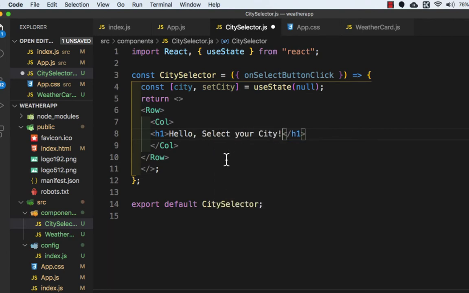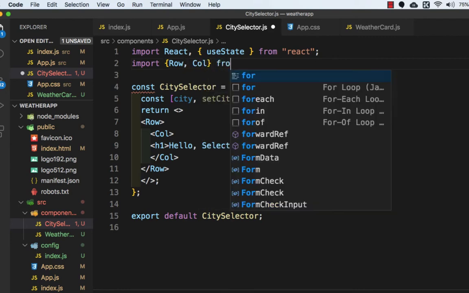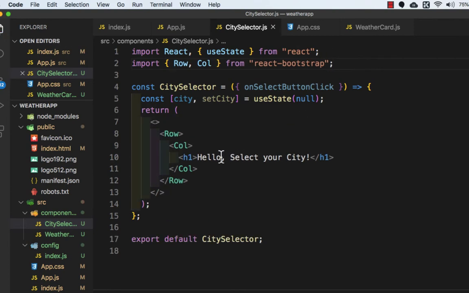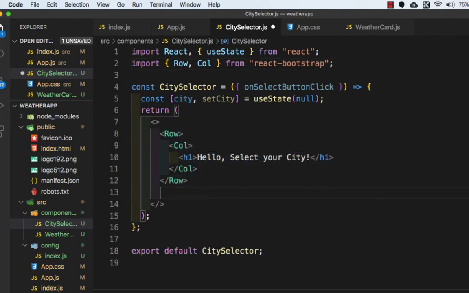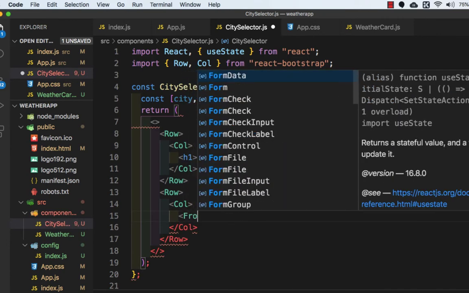And now we need to import Row and Col from React Bootstrap. So here we need to write import Row, Col from React Bootstrap. Let's save this file. Now let's define the second row. So let's copy this entire row and paste it. And this row will also contain one column, and this column will contain a FormControl component. So let's remove this h1 tag, and here we need to define the FormControl component,